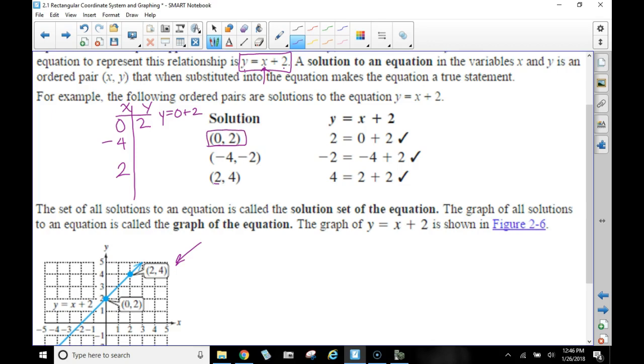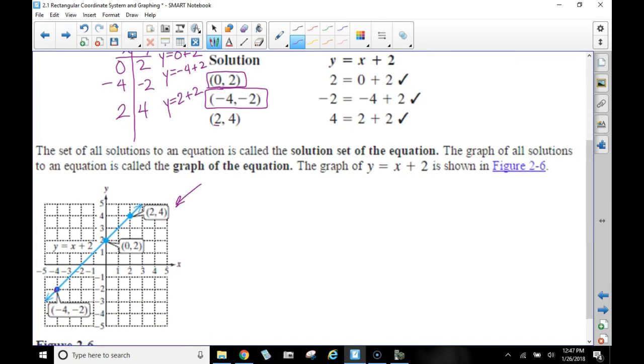When they let x be equal to -4, y is calculated by taking -4 plus 2. So the y would be -2. -4 plus 2 is -2. When x is 2, and again, they just randomly selected this. You could pick out any values you want. But if you choose x to be 2, plug it into your rule or your equation, y will be 4 in that case. Then you'll get on your graph paper,